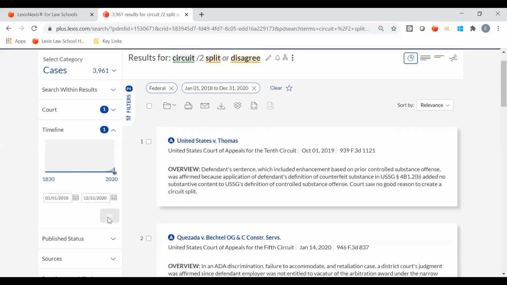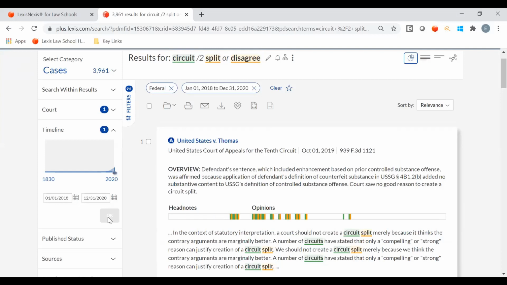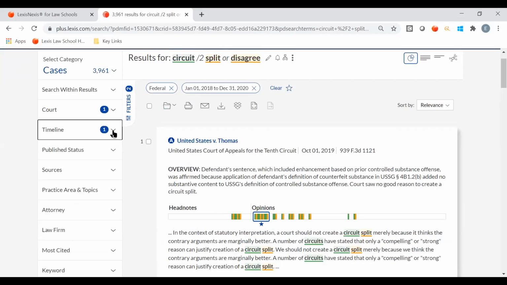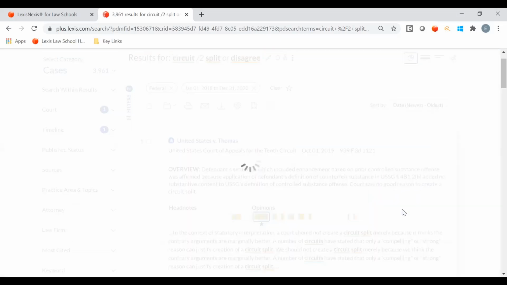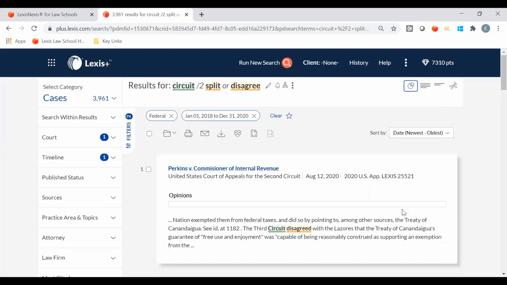So now I'm looking at federal cases, talking about circuit splits from the past couple of years. And then what I can do from here is I can go ahead and use my sort by drop down on the upper right and say, I just want to see those cases from newest to oldest. Again, we're looking for the current discussion. So this is from newest to oldest. And then finally, to start to narrow this list down, which is still, you'll see here, almost 4,000,